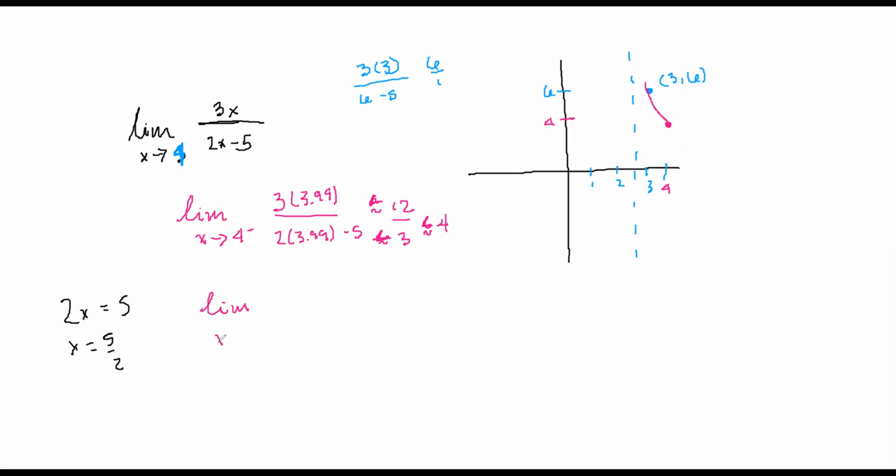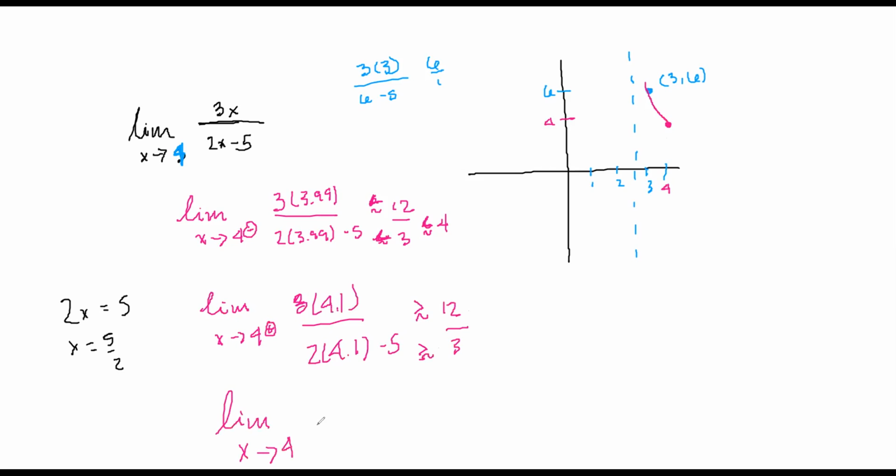Now we're going to do this again. We're going to have it approaching from the right. Basically what this is going to be is essentially the same thing, but it's going to be from a little above. So both of them are going to 4, both from the left and from the right. So we can confidently say that the limit as x approaches 4 is equal to 4. Correct. Because both of these are the same number, and we're okay with that.